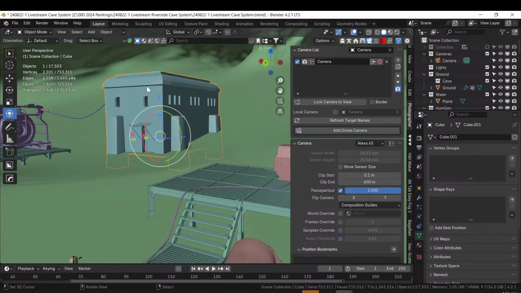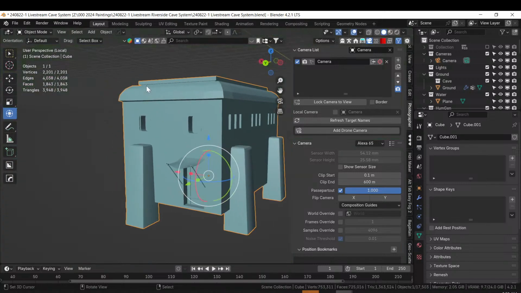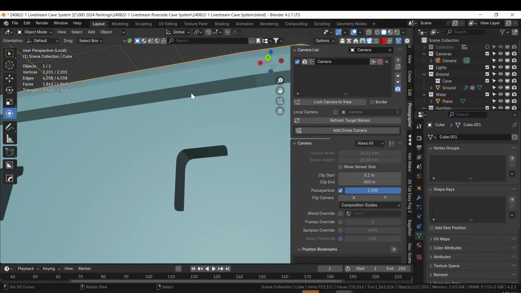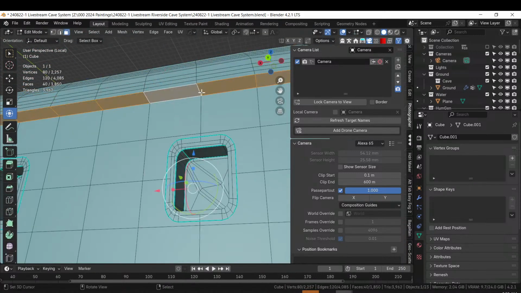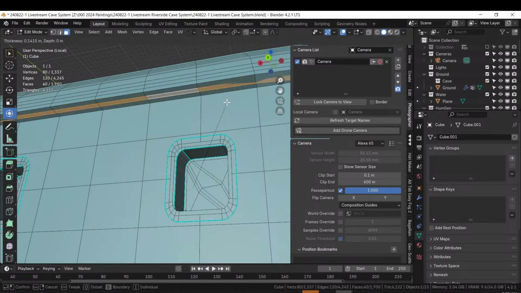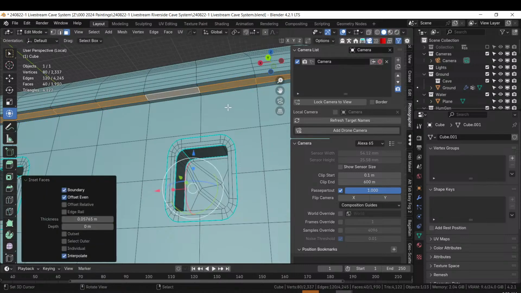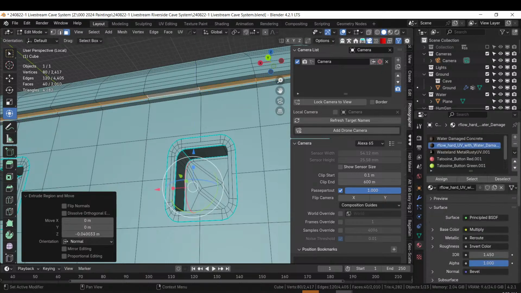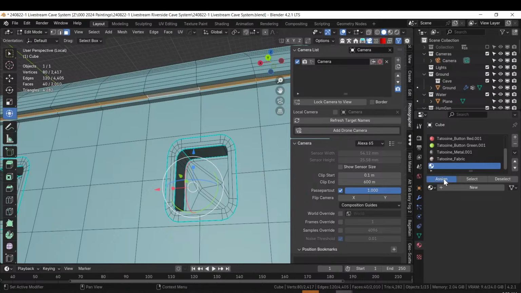Let's put some lighting on this bad boy here, just underneath this lip. I think we're going to use that. Tab, inset, up, plus, assign,